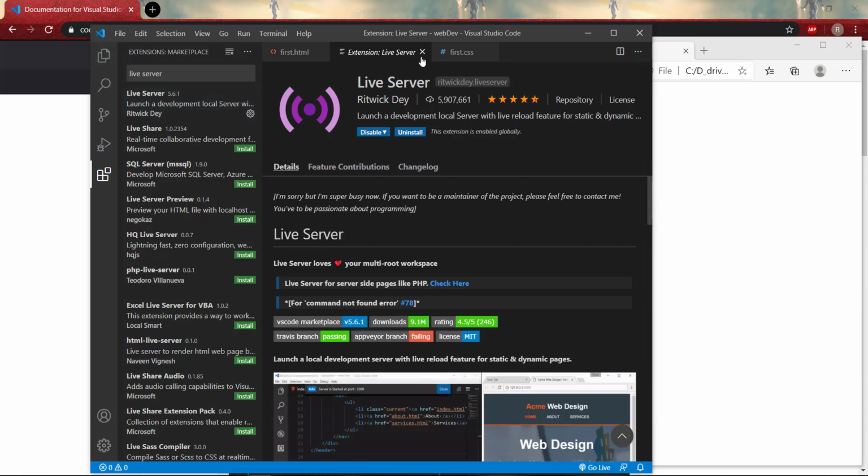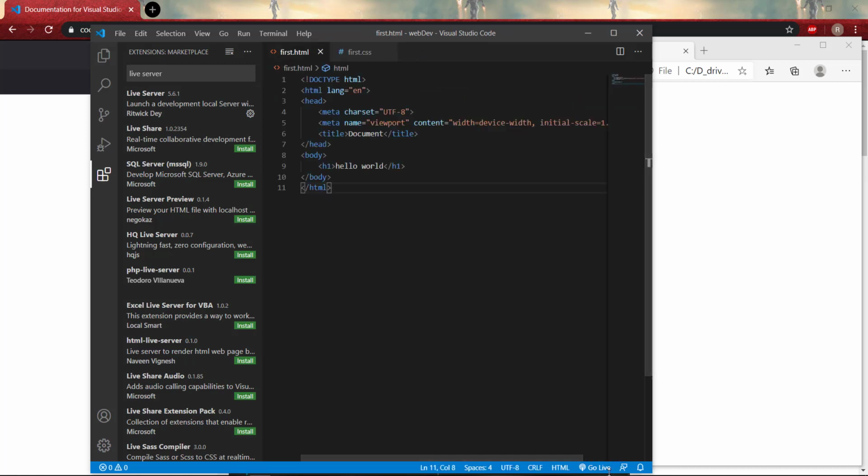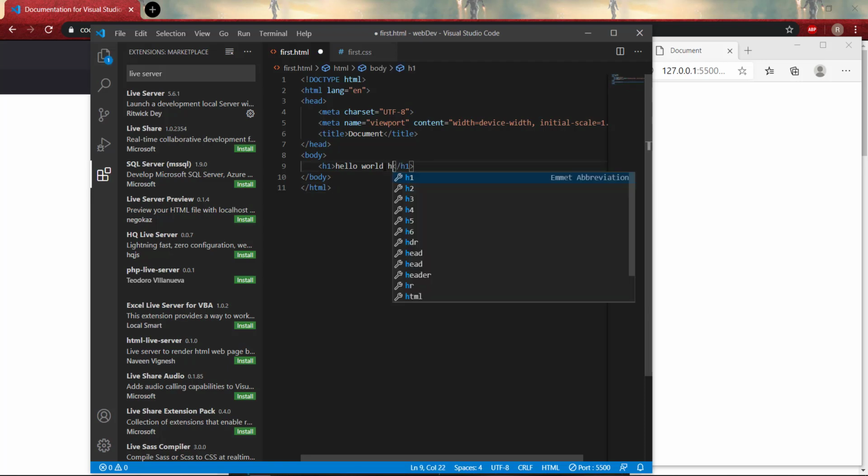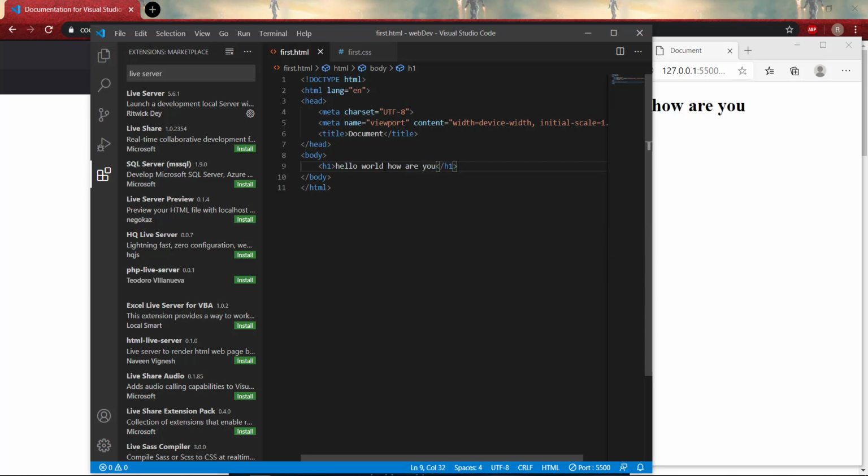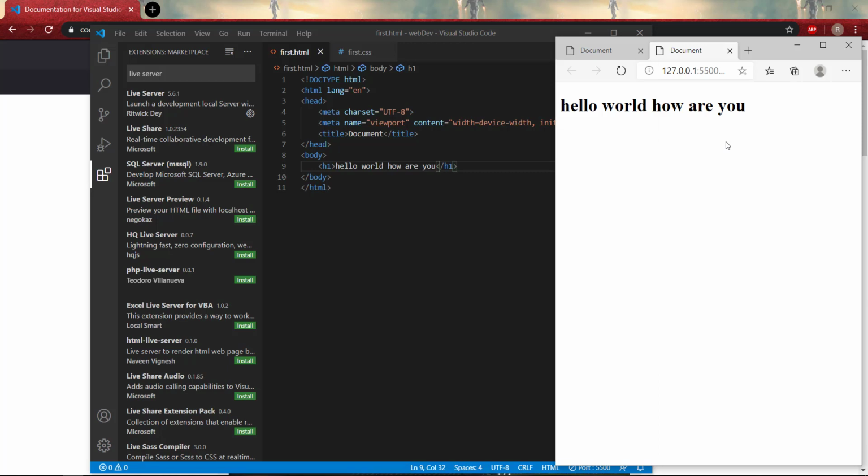Once it has been installed, you will see an icon with Go Live at the bottom of the right hand side. If we start a Go Live session, then whenever we change something in our code, like writing something, and whenever we save, the changes will appear on the website too.